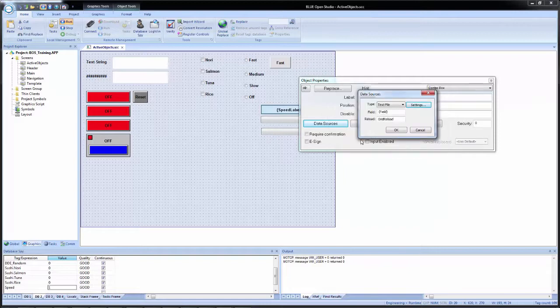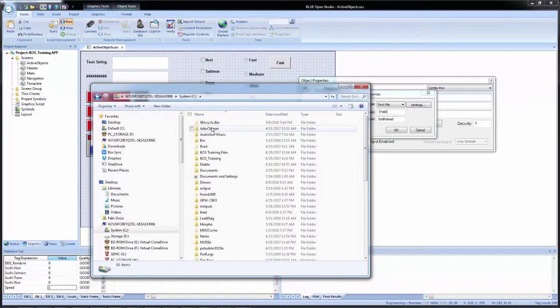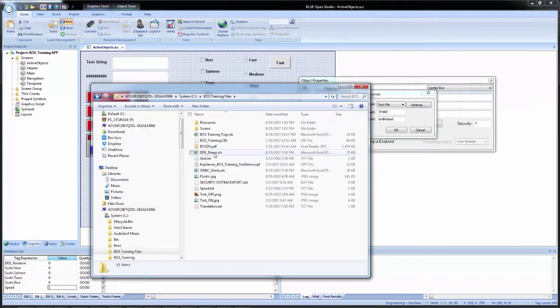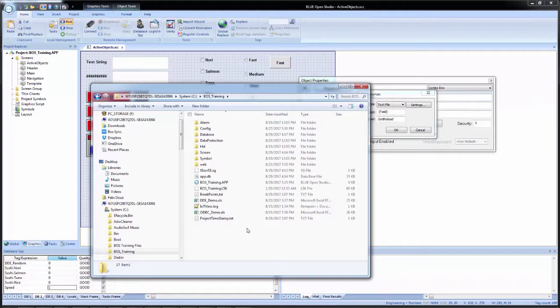Now that text file, we just entered in the name and the extension, not the path. That's because by default, the application, when it's running, will look in the application directory for these files. So we will have to create that file. So I'll open Windows Explorer and I will go into my training files zip folder. I will find speed.txt. I will copy it and paste it into my training application directory. If I open the file to look at it,